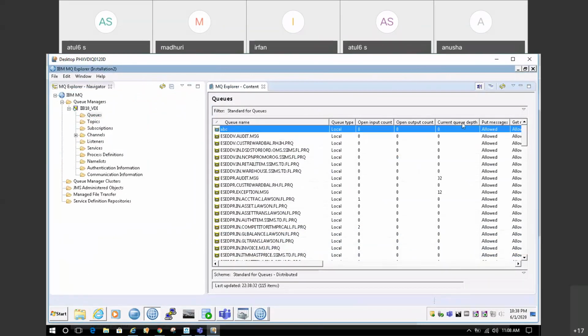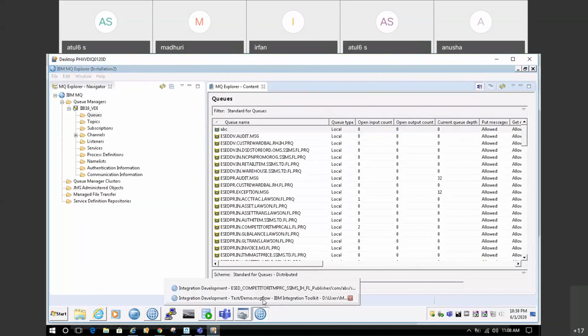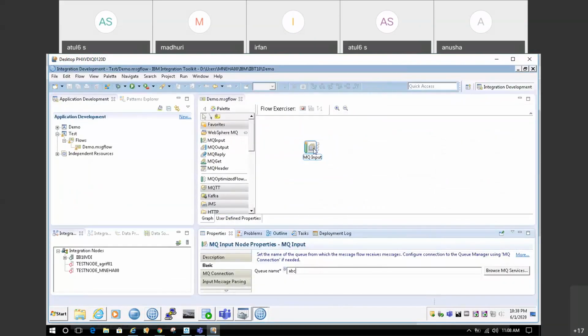Here you can see the current queue depth. It is 0. Whenever a message comes to this queue, it will increase to 1. And my flow will then start consuming the message. The message will come to this node whenever the ABC queue receives any message. After giving the queue name,